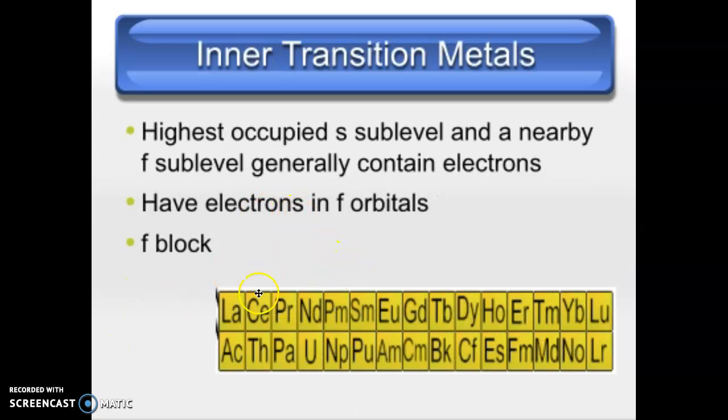Okay, and the last group we want to know about is called the inner transition metals. This is the two rows of elements that are pulled out of the main part of the periodic table and placed below. It's the f block on the periodic table. So inner transition metals have the highest occupied s sublevel and a nearby f sublevel generally contain electrons. So they have electrons in f orbitals, and when you look at their electron configurations, it's going to end in f with some number of electrons in that f